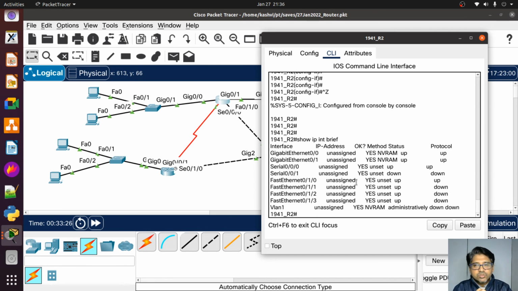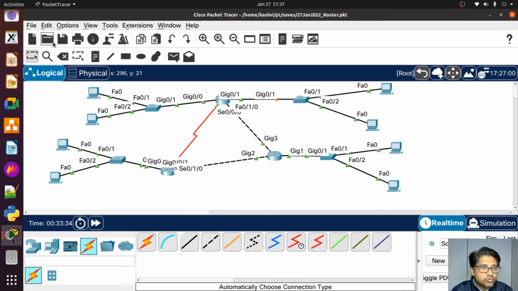Okay, up to here the layer 2 connectivity is all cleared. Now let me save this. If you have any questions, ask me. I'm now going to do the configuration. I will see you in the next class and we will continue with the next topic, configuration. Right now we have done the